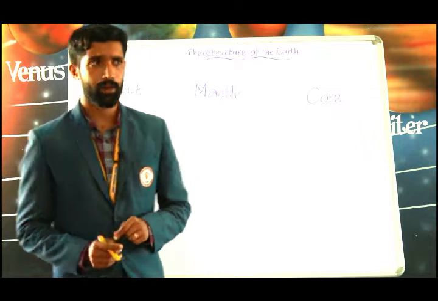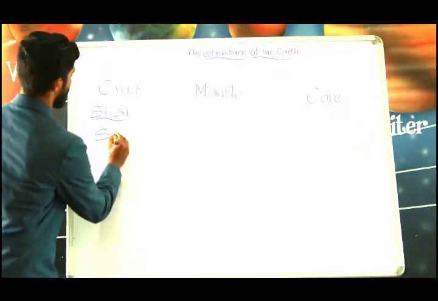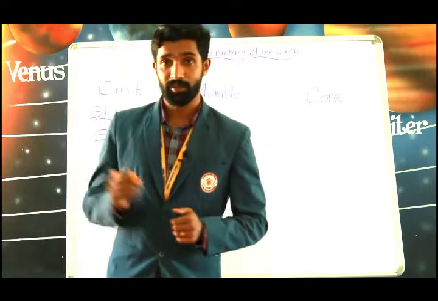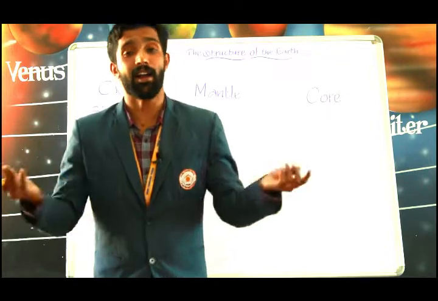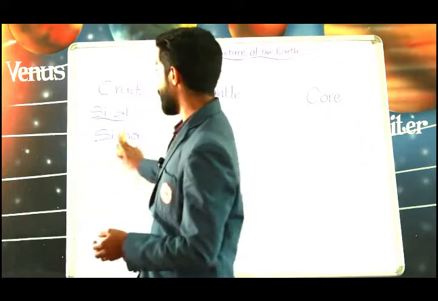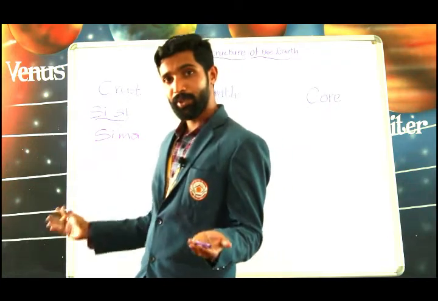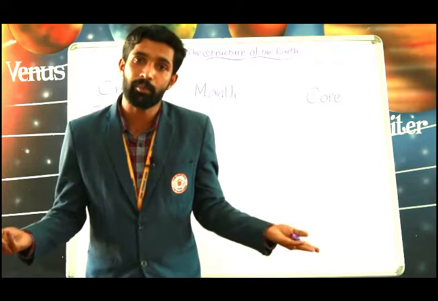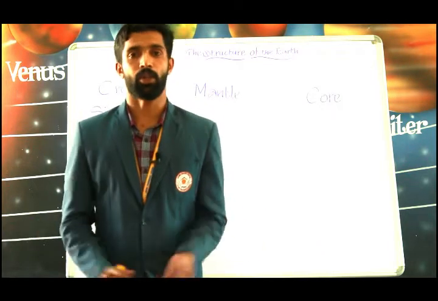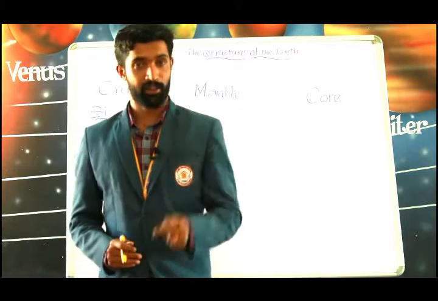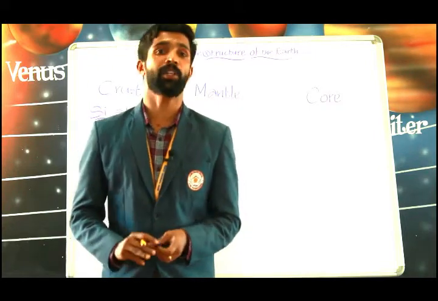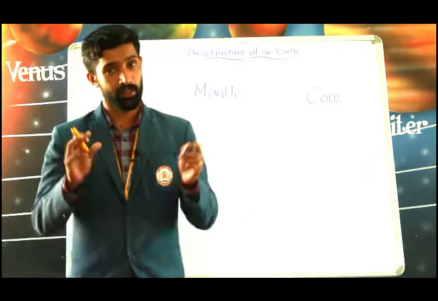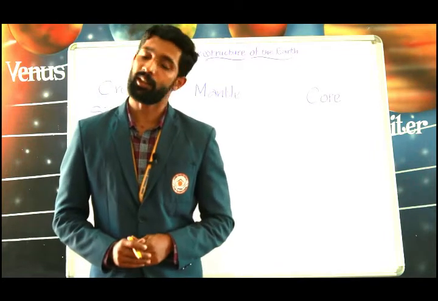Okay, good. The oceanic crust is called Sima. What is Sima? Okay, Sima. Let's see. S-I-M-A. What is that? Si for? Can anyone say? Just now I said. Yeah, Si for silicon and Ma for magnesium. So, the oceanic crust is called Sima as it is made up of silicon and magnesium. Very simple. So the density of the crust is less than 3 gram per cubic centimeter. The oceanic crust is denser than the continental crust.